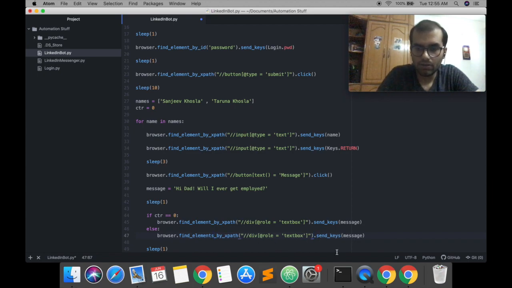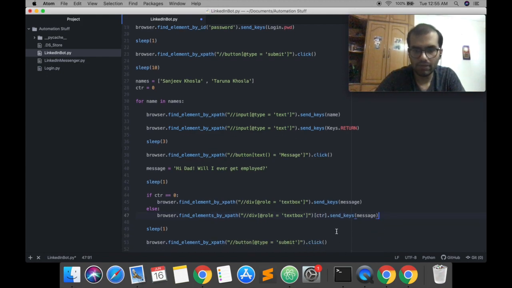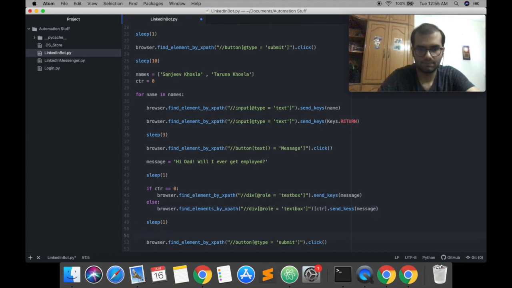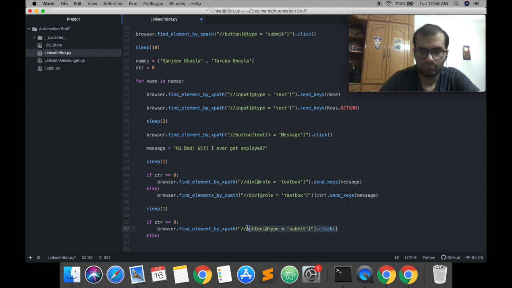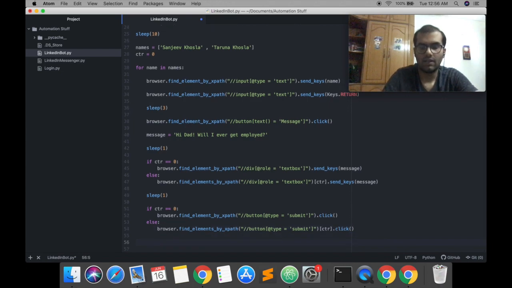Now over here we're gonna use square brackets or box brackets and write CTR, which is our index, and we're gonna do the same thing for the submit button. And lastly, we're gonna have to increment CTR so that it cycles through all the names, just like name in names is cycling through all the names.